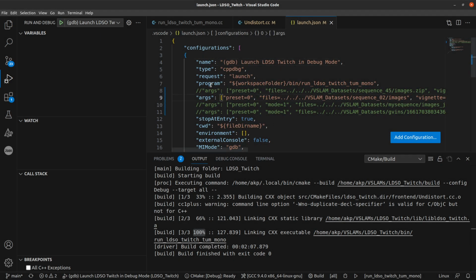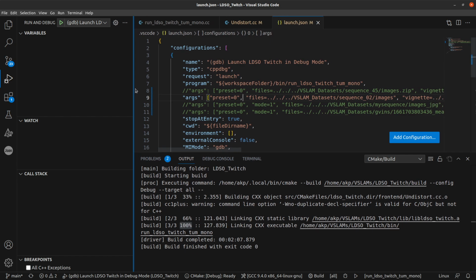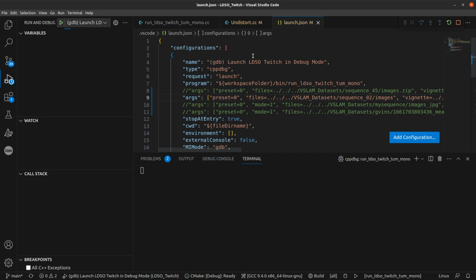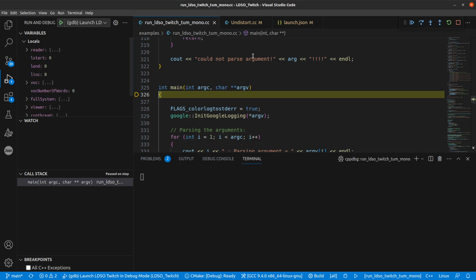Let's quickly check. Something's wrong. Let me retry. Sometimes it works to just try again. Okay, now magically it's working. I don't know what the problem was, but now it's in the main function, and now we can just